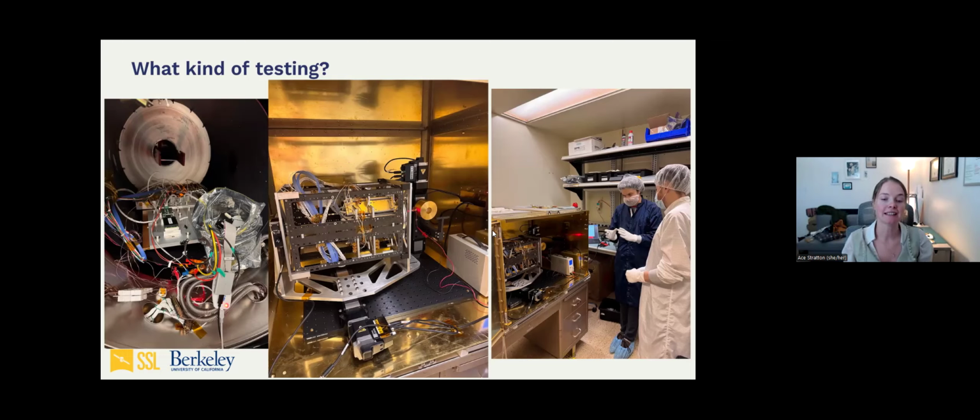Some of the most fun testing is what you can see here in this gold box with two pictures. This gold box contains a homemade X-ray beam line because we also needed to make sure that if we had polarization on PADRE, that we would see that it was polarized. So we had to make our own X-ray setup that's in this big scary box with a big scary light because it turns out X-rays aren't particularly healthy for humans. So you have to make sure it doesn't escape anywhere. And then you have to sit there and scan all of your detectors. So that was a lot of fun.